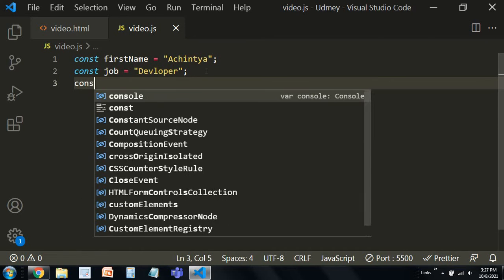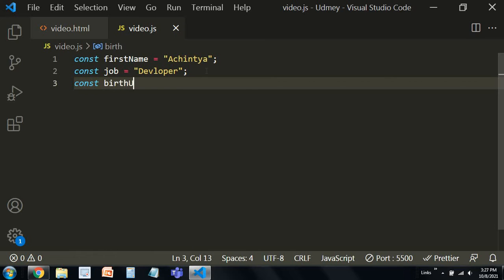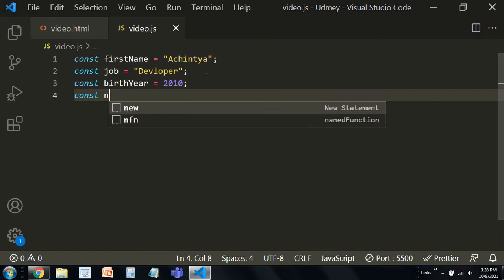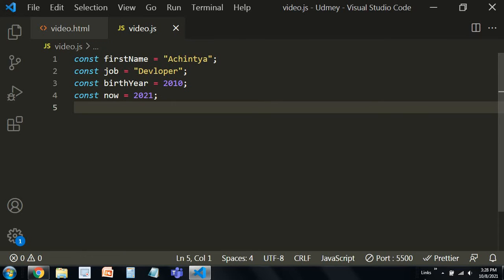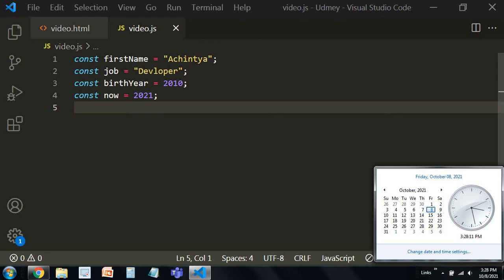Then birth year is equal to 2010. Now today's year is 2021. You can see over here 2021.